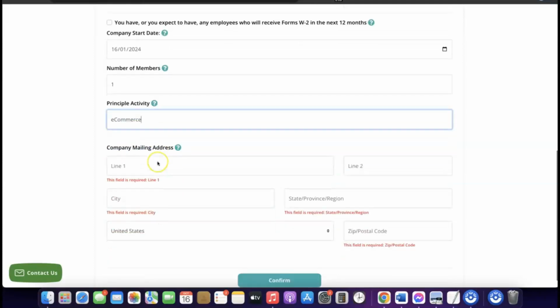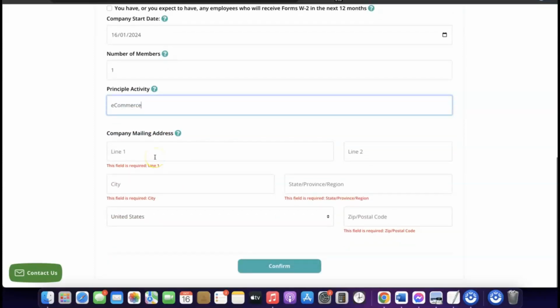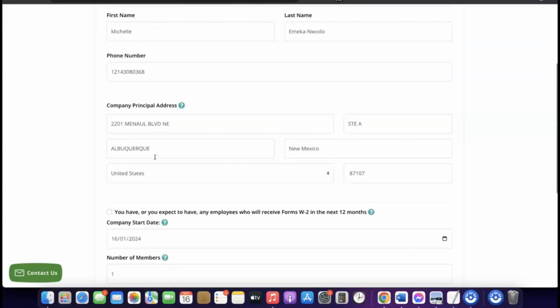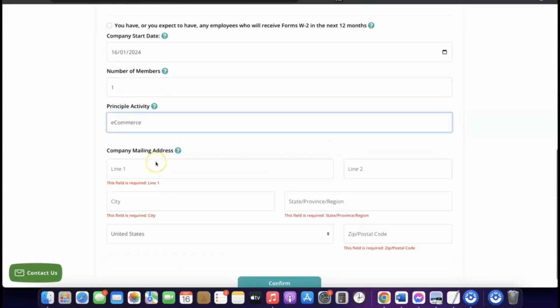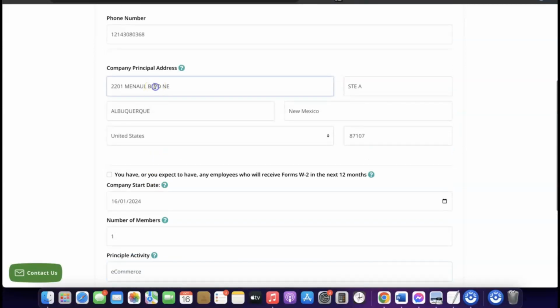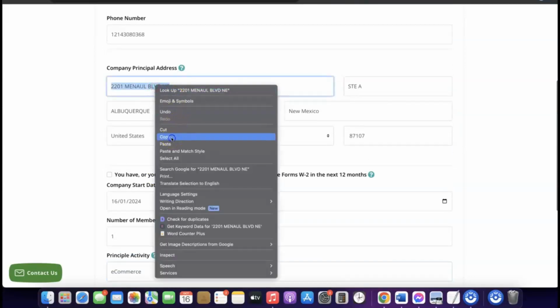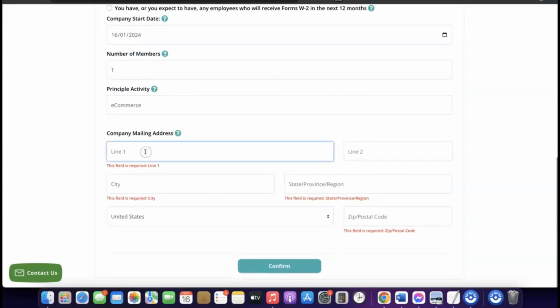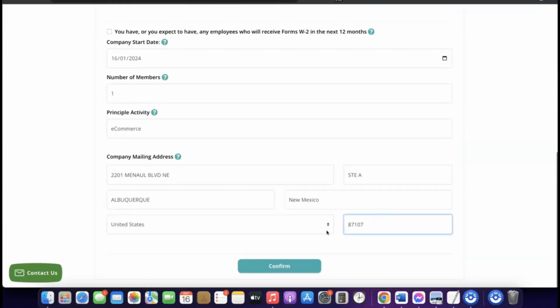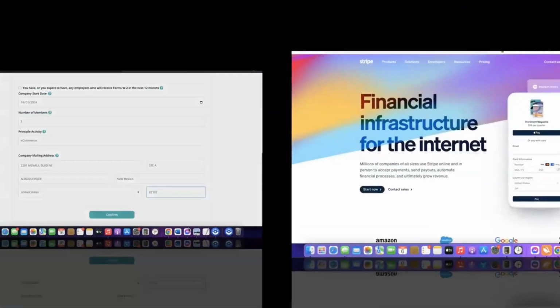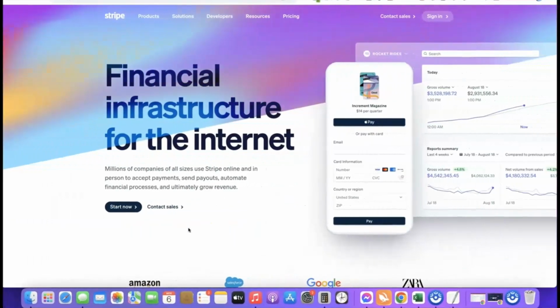After that, what you want to do is enter your company mailing address. You can as well use the same address you use for your company as your company mailing address. So I'm just going to come over here, then copy this and use it as my company mailing address. I'll just enter the company mailing address, and the last thing I'm going to do here is click the confirm button so they can start processing the EIN number. Once you have your EIN, which is going to take around 4 to 6 weeks if you're not a